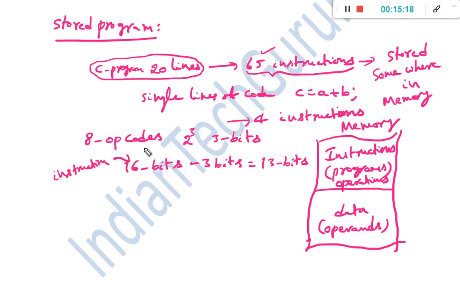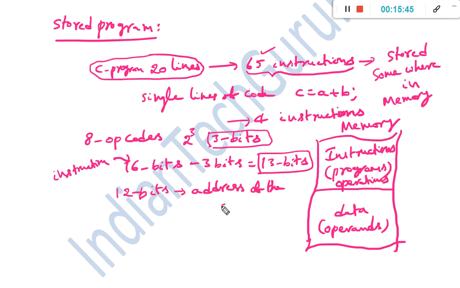Because this particular computer represents only 8 operation codes, for the opcode we need 3 bits. What are the remaining bits? We need 13 bits. Among these 13 bits, we may have 12 bits to represent the address of the operand.